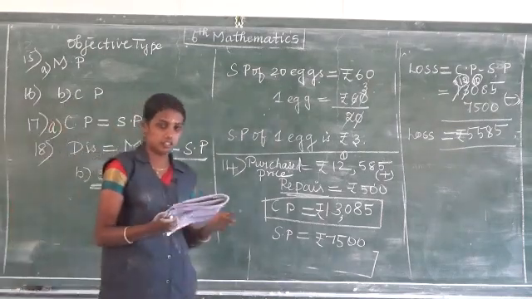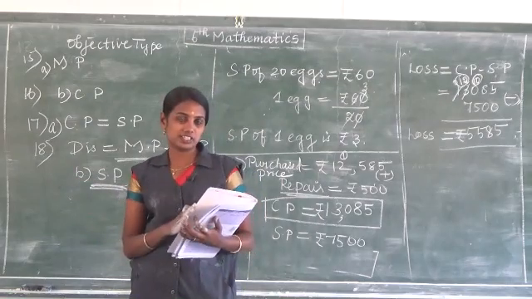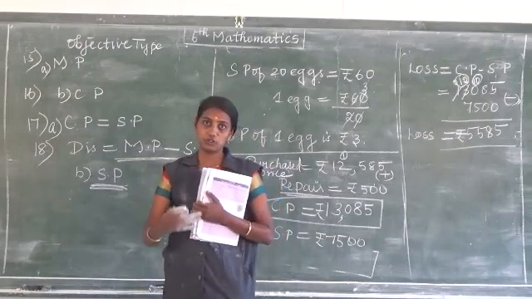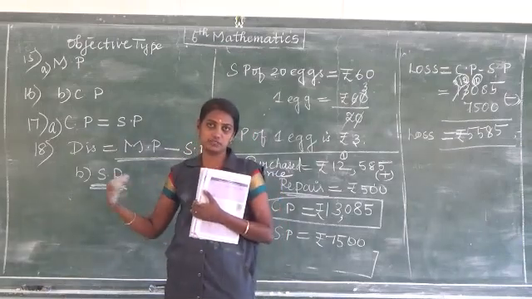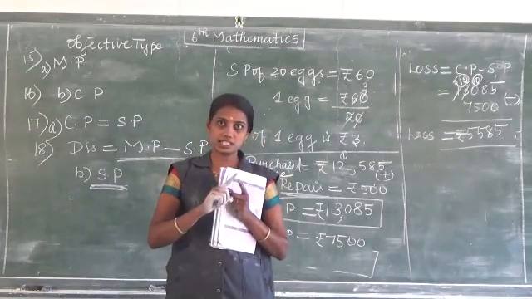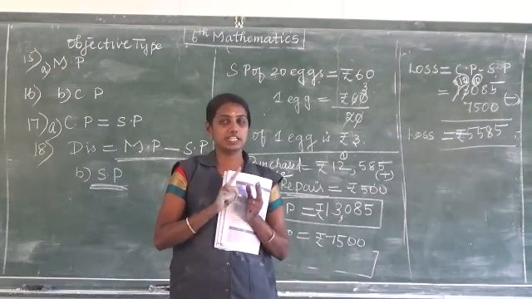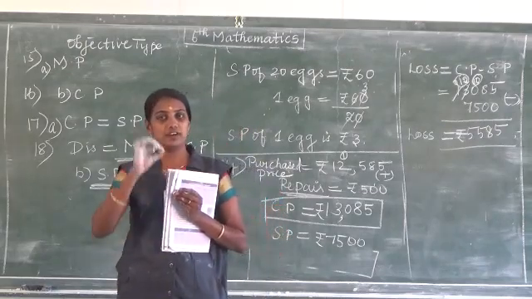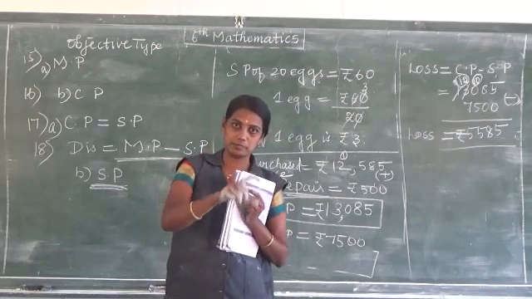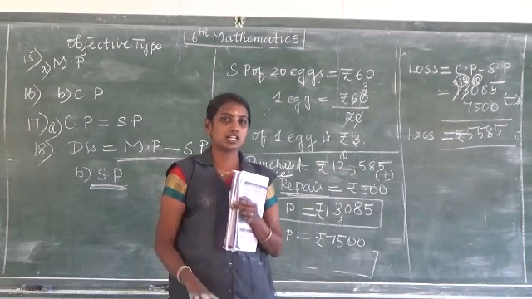So once again, that's all, this exercise is over. Our chapter 3 is over. It is a very important chapter, which we are following in day to day life. We learned now what is profit, what is loss, marked price, cost price, selling price. Don't confuse marked price and cost price. If you have the tag, that is called marked price. When you have printed something, that is called marked price. If it is not printed, that is the cost price.